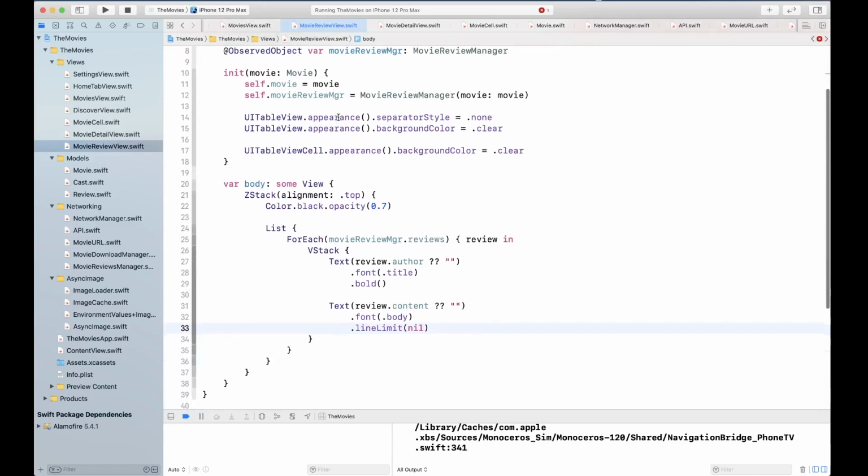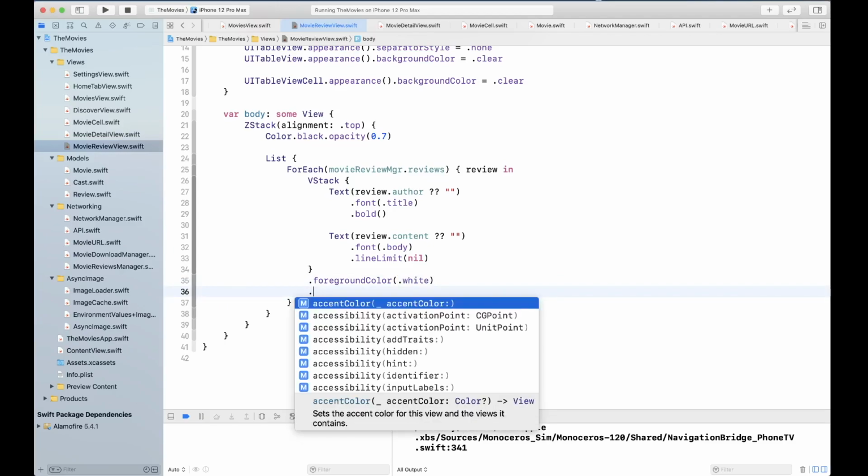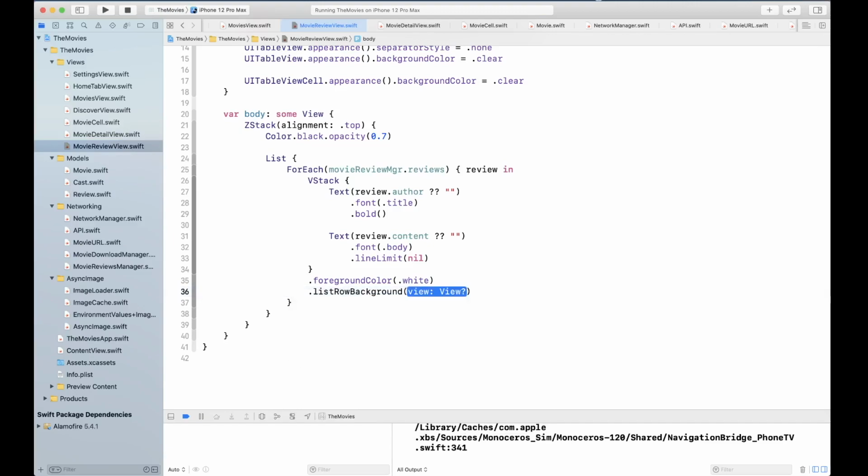Okay, by default, starting SwiftUI 2.0, line limit value is already nil by default. So we don't need to specify it, but I just kept it for backward compatibility if you're using SwiftUI 1.0 in order to support iOS 13 as well. List row background is going to be Color.clear,